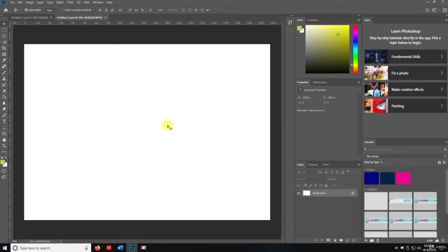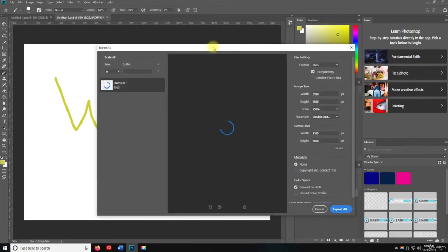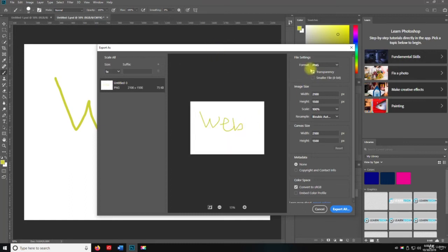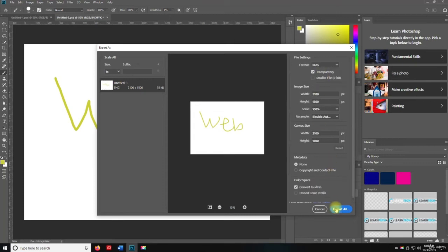Export as. So let's say that I want to use the brush tool again. Okay, web. Okay, I'm just going to write out web. And we're going to save this, we're going to export as. So I'm going to hit Alt, Shift, Control, W. Okay. Now what that's going to do is allow me to export as, and I can select the format. So I can do PNG for web, JPEG, GIF, SVG for web. Okay. I can pick the best format that I want or need for that project